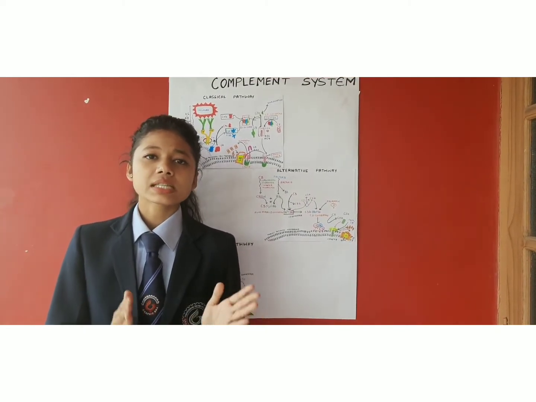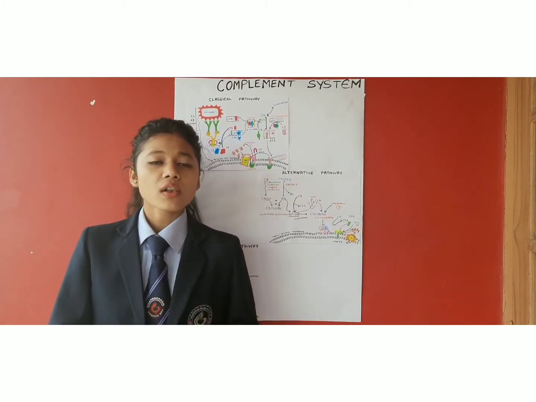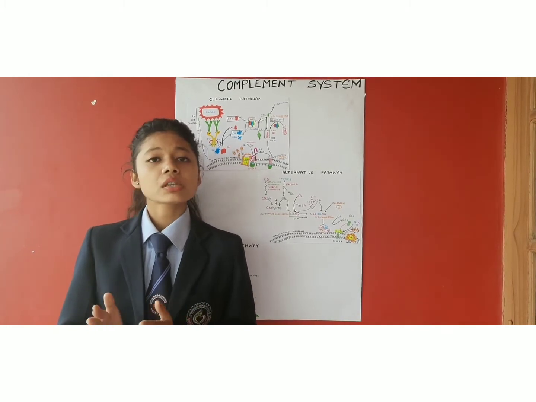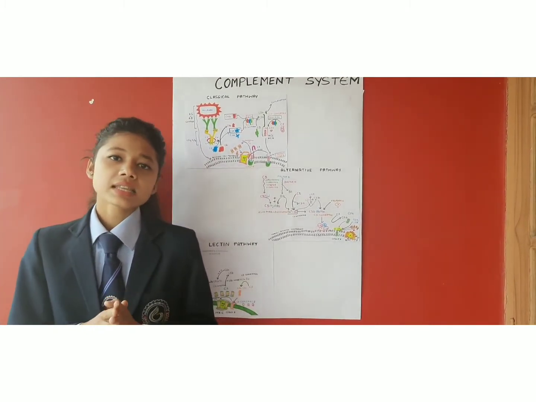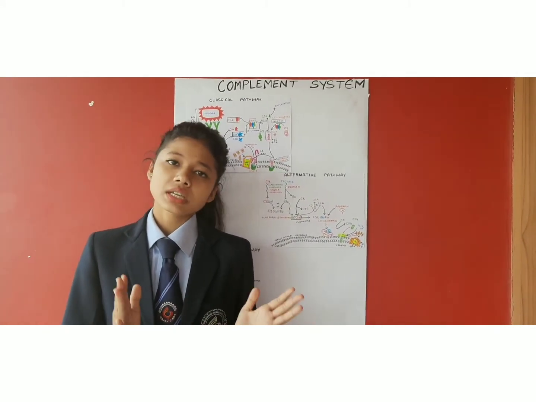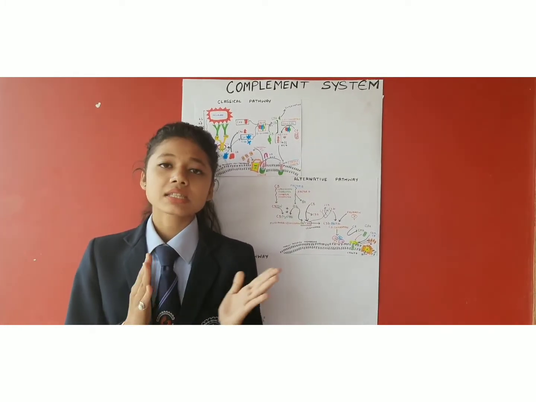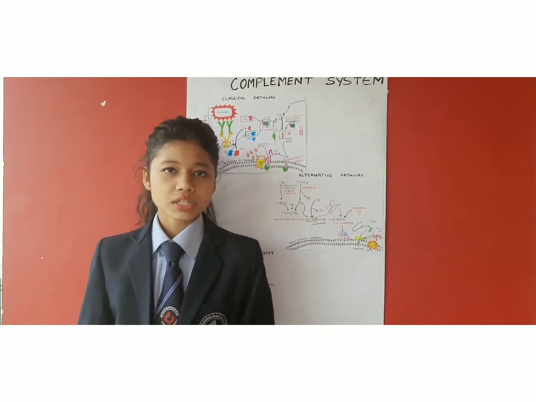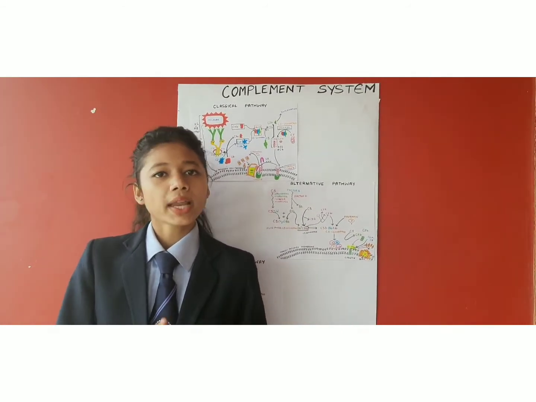Whenever C3 protein is cleaved, it cleaves into C3a and C3b. C3a is smaller, and is always in inactive form, and C3b is larger, and is always in active form. But there is an exception, like in the C2 protein case. It always cleaves into C2a and C2b, but here C2a is the larger and active fragment and C2b is the smaller and inactive fragment. And whenever C1 is cleaved, it cleaves into C1q, C1r and C1s.